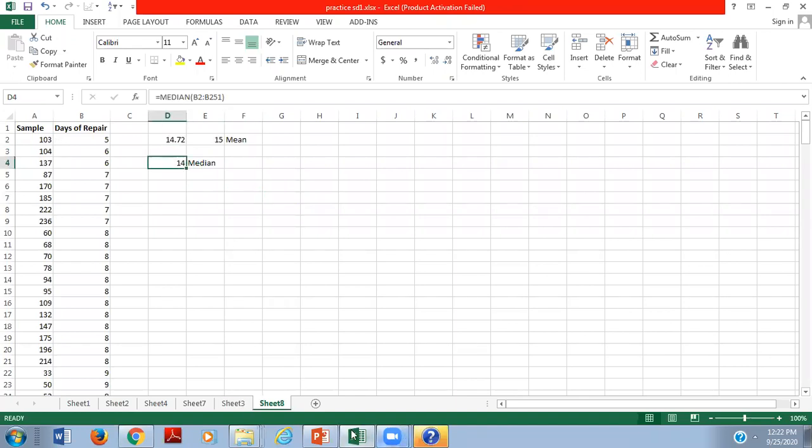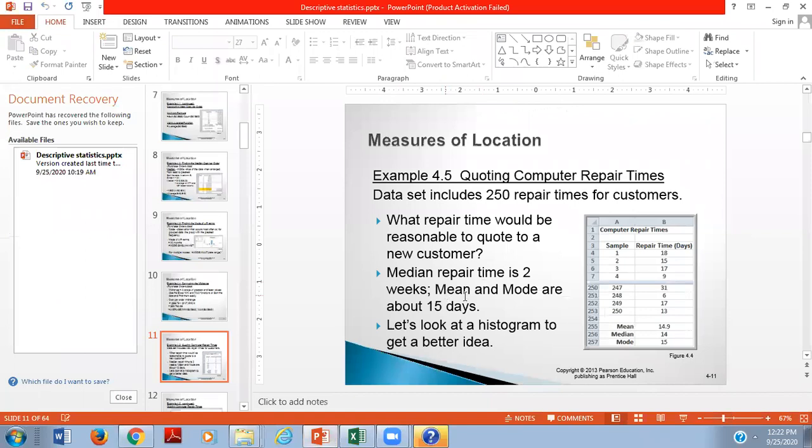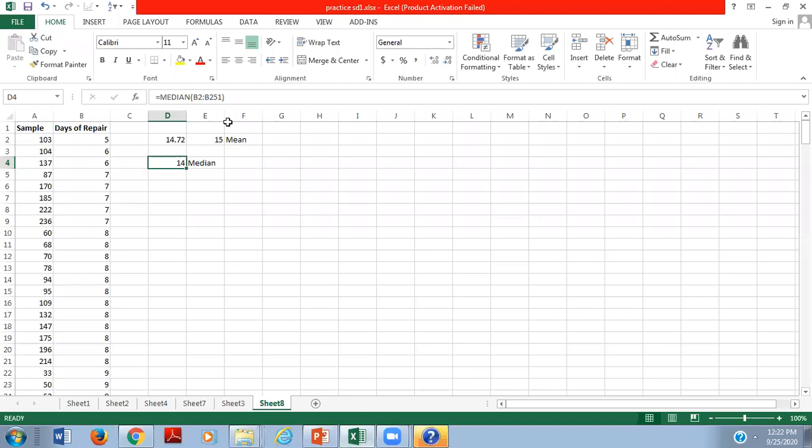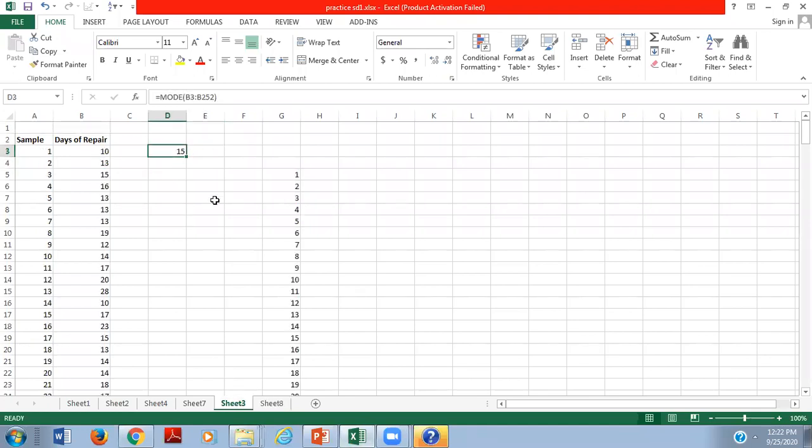Then your mean value and mode are 15 days, the mean value here we have calculated 15 days, and here we have calculated 15 days for the mode value, right?